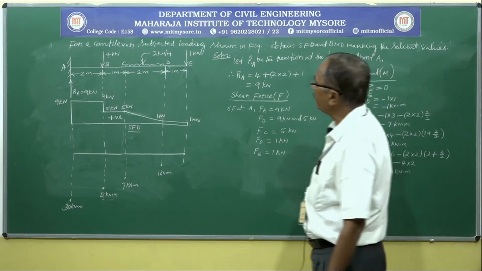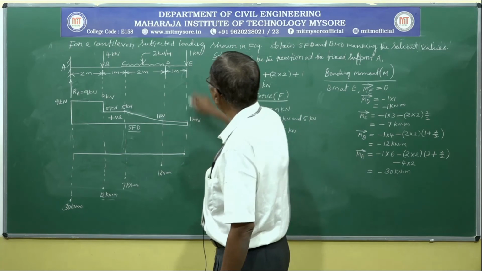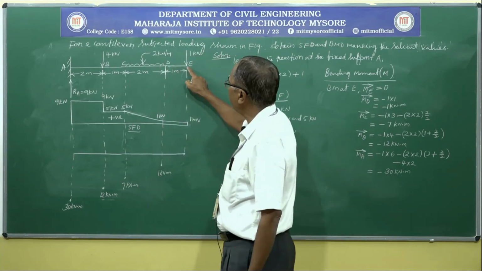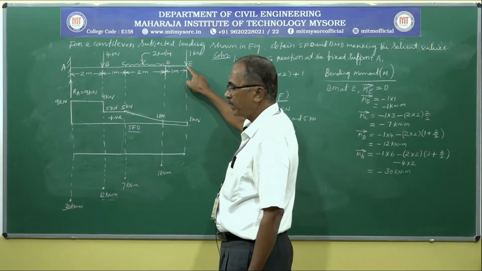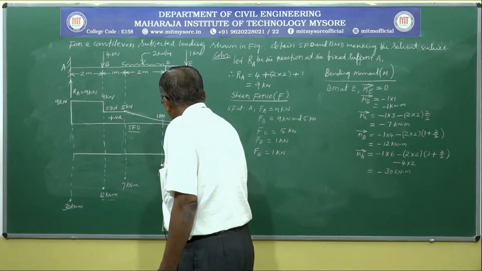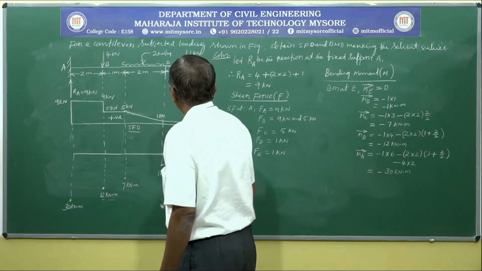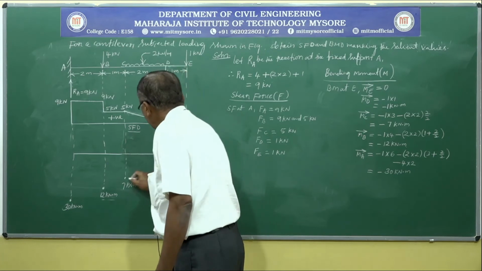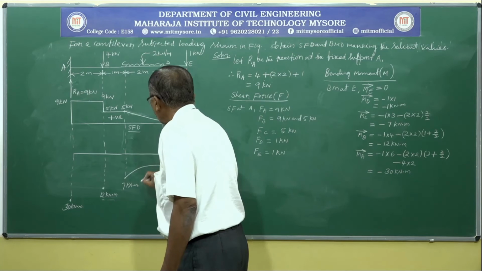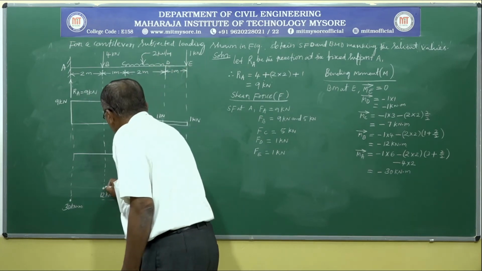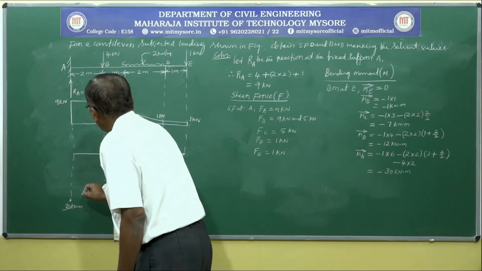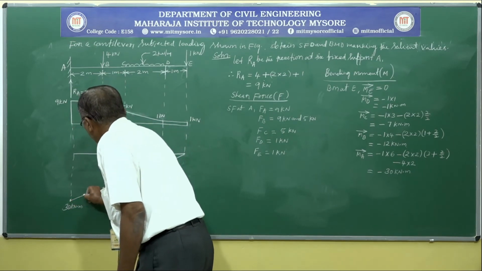We know the variation of bending moment for various loading conditions. Between E and D, since we have started calculating bending moment from point E, let us start drawing the bending moment diagram commencing from point E at the origin. E and D no load, it is a linear line, and between D and C there is a UDL, it is a parabola. And again between B and C there is no load, linear line, and A and B no load, it is a linear line.